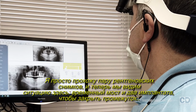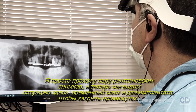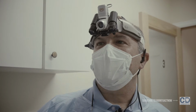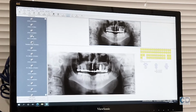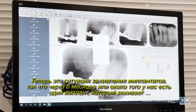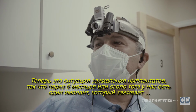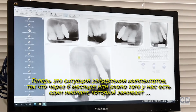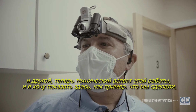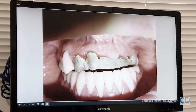Then here, this is the situation where we see the temporary bridge and the two implants to close the gap. And then let me see, yeah, this is now the healing situation of the implants. So here this is after 6 months or so, so we have one implant which is healing and the other one as well. So now here we have the technical aspect of this work, and I want to show here for a second what we did. So we did a metal frame then,